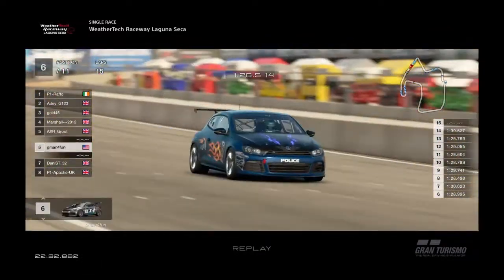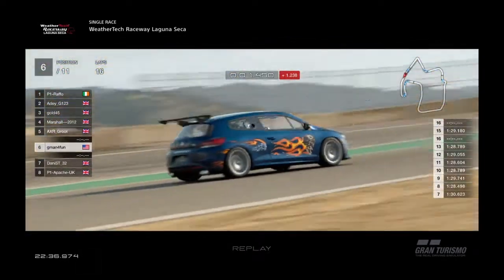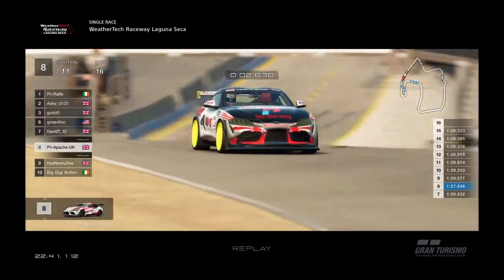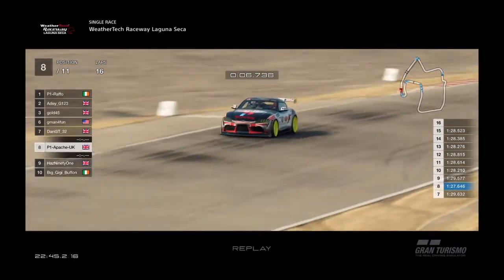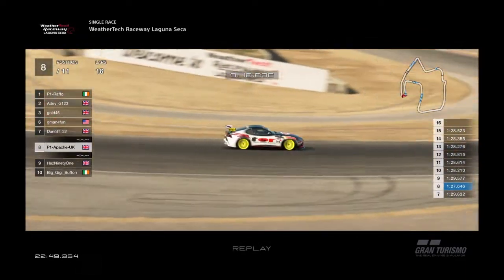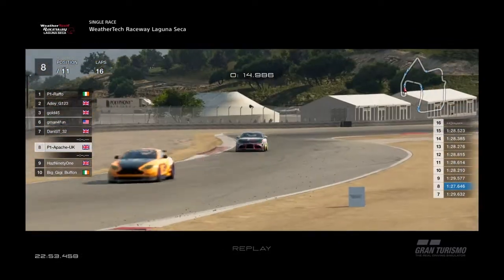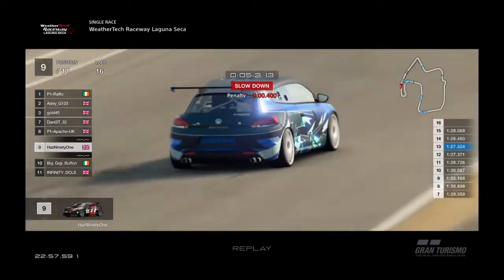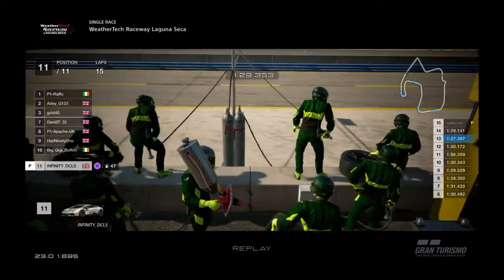Likewise, C Group there in 5th place. G-Man still in 6th place then. Looks like he's going to be coming under pressure soon from Danny and Apache. So that may be a little interesting thing to watch. But as you can see, we've got a couple of groups running around. You've got the 3 cars of the top 3 guys, then you've got 2 cars of the 2 teammates, then you've got these 3 running in close proximity together, and then we've got Haz and Buffon running, and Infinity Dave